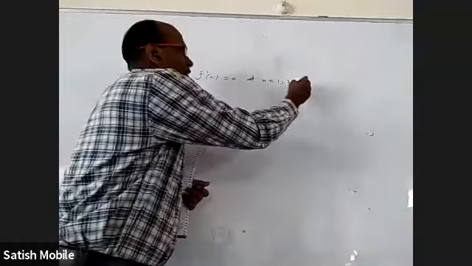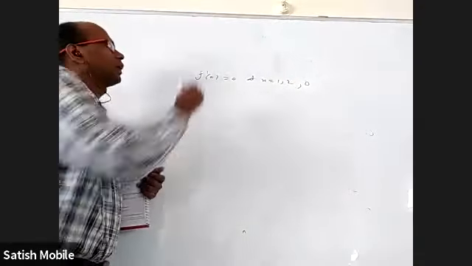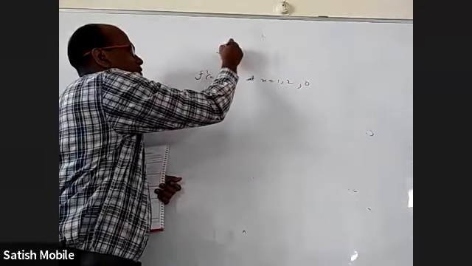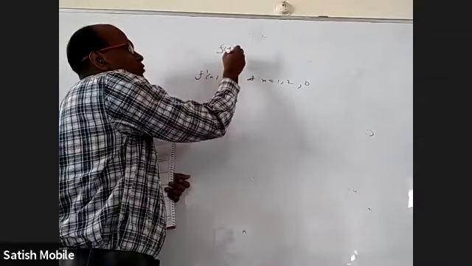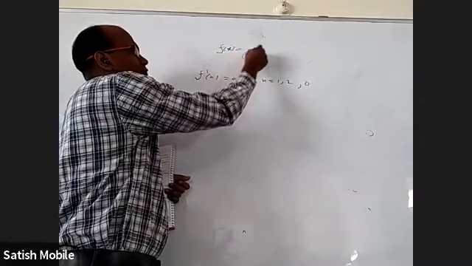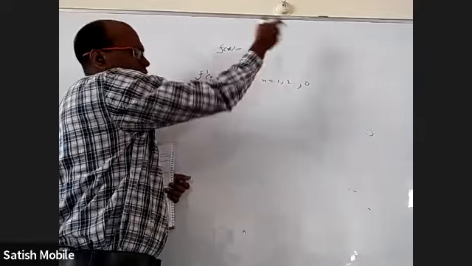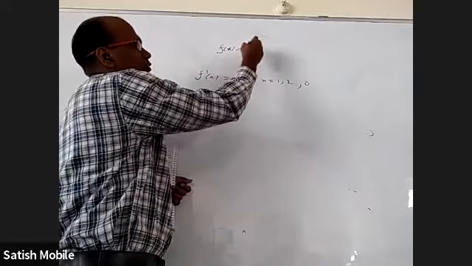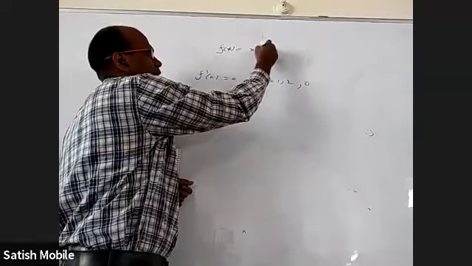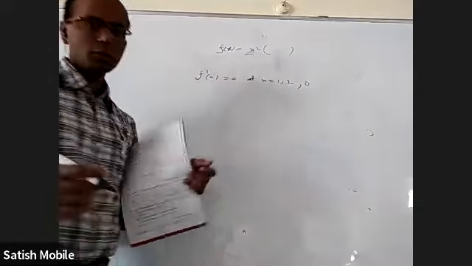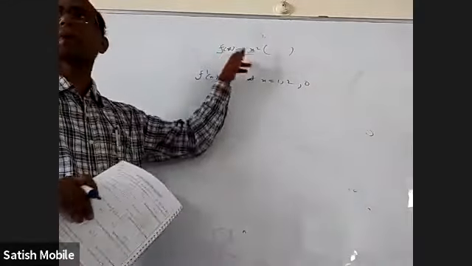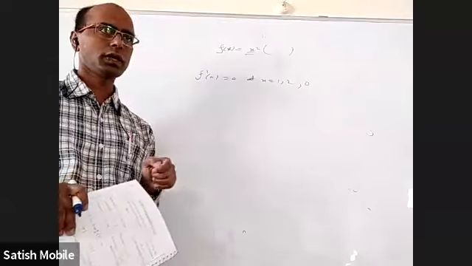I can say even at 0. Why? We already got that f of x should be divisible by x square. We already understood the constant is 0 and the x coefficient is 0. It is x square into something. You can see 0 is a root. 0 is a repeated root, right?